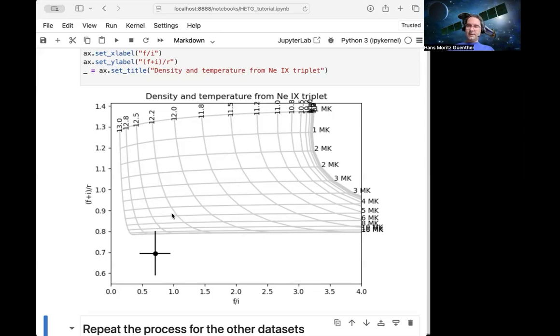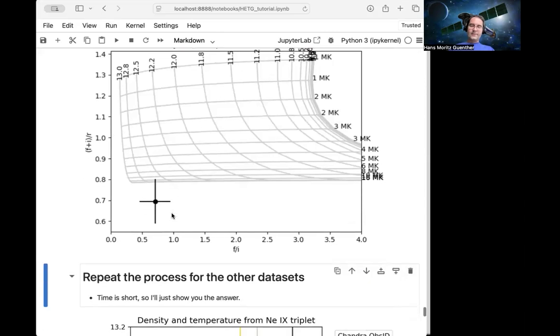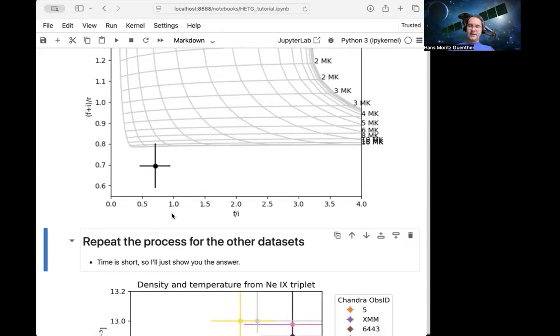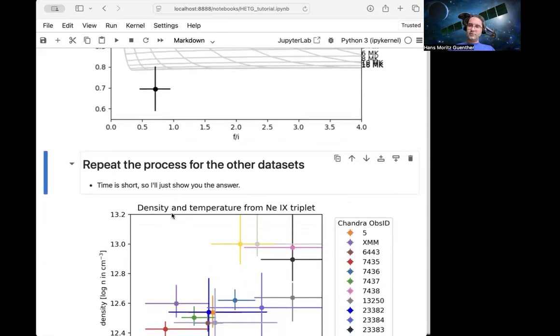Now remember that TW Hydra has been observed a number of times, and I picked out one data set to run through this example. Now we can do that for all the other ones too, and I've done that. I've measured that in the same way using the same code. And so I'm just going to give you the answer for how those look and not run the same thing all over again. But they can all be reduced the same way,